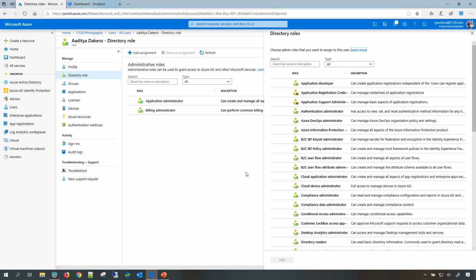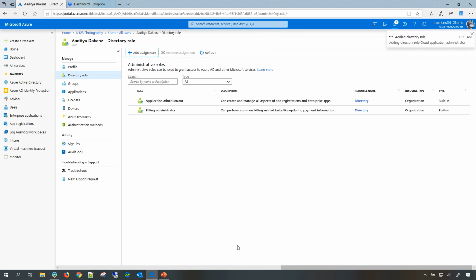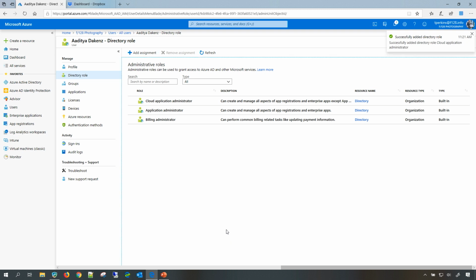If you want to manage conditional access policies for the application, then there is a different role for it. Note that with the Cloud Application Administrator role, you cannot actually modify or see any of the conditional access policies associated with that particular app. Note that this is the role which you are using, and let's assign this particular role to a user. And with that, now this particular user called Aditya can manage all applications in my directory.